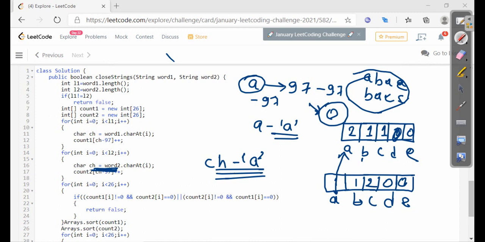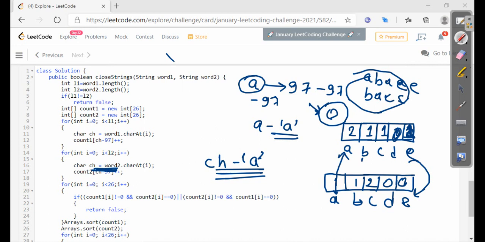So what we are going to check is whether they contain the same characters or not. Suppose the string was something like ABACE. In that case, in this particular array the value will be 1. So we are going to check whether both contain E or not. In this case, see, this is 0 and this is not 0. It means that it has one mismatched character, one extra character.